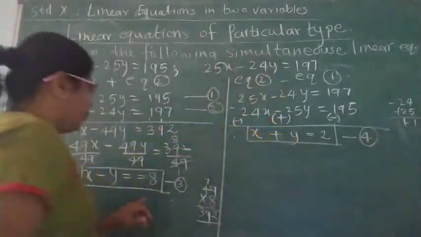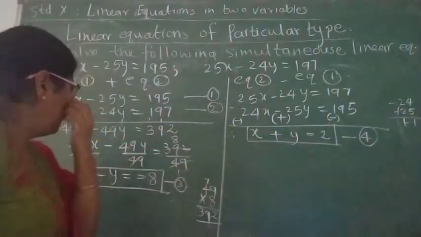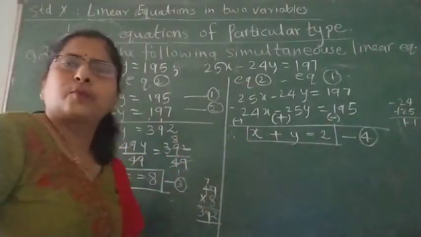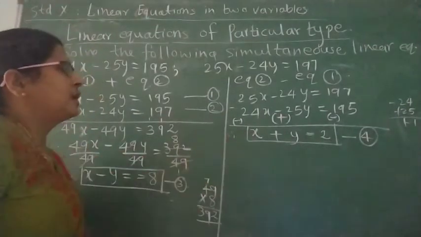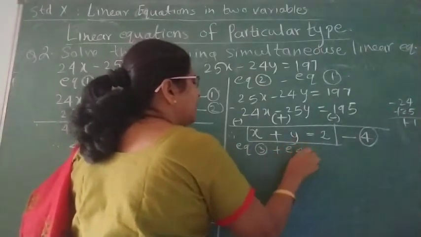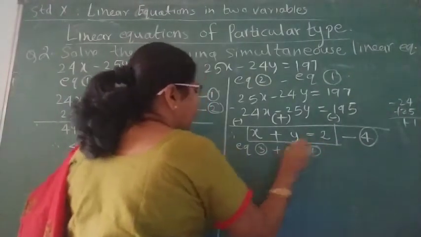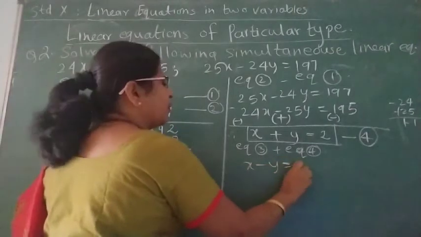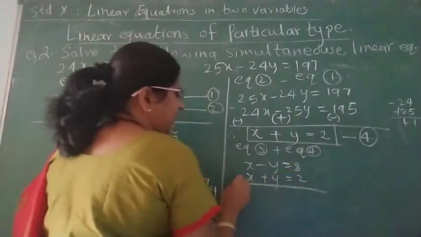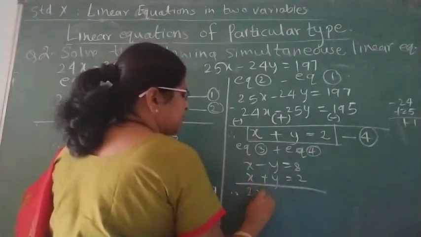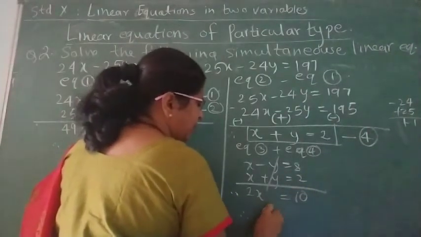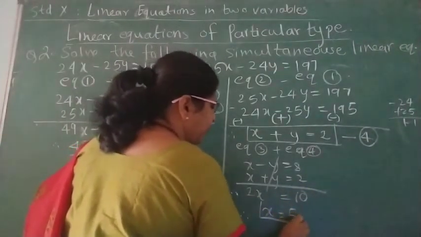Now we have got these two very simple equations in x and y. We have got by addition x minus y and by subtraction x plus y. Okay. So if we add these two equations, equation 3 and equation 4, what will happen? x minus y is equal to 8, x plus y is equal to 2. Therefore, 2x is equal to, this y will get eliminated, it's 10, and hence x is equal to, 2 5s are 10, so x is equal to 5.